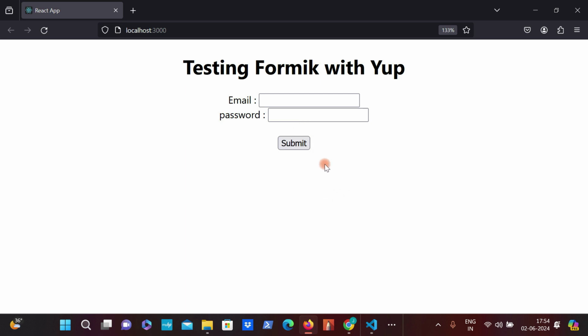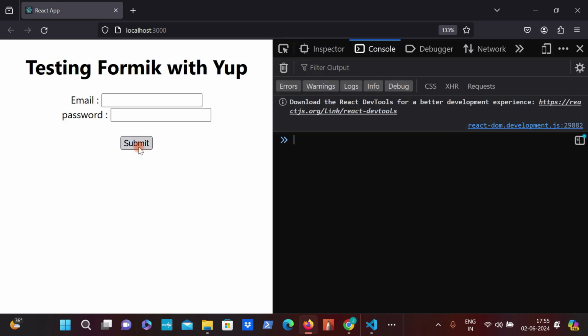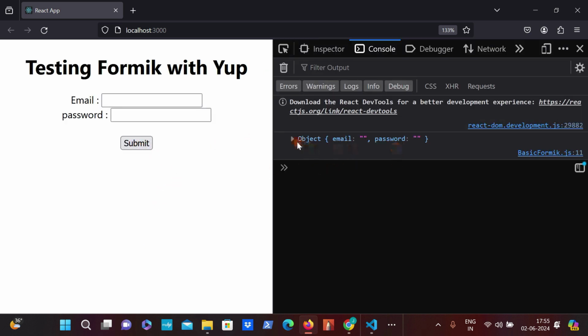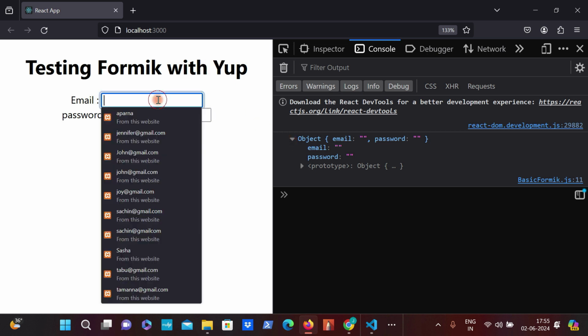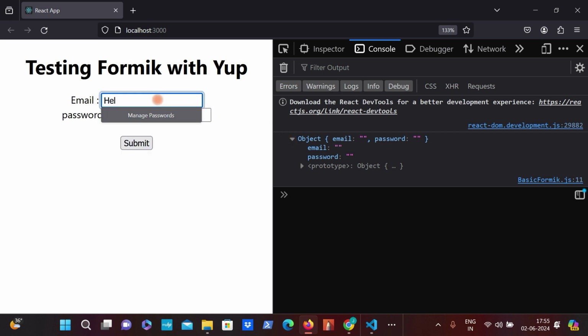So now it is here. If I click on submit now, and let me see in the console, I'm getting empty, empty. So everything has been handled by Formik nicely. If I write hello, and if I write WhatsApp, and then submit,